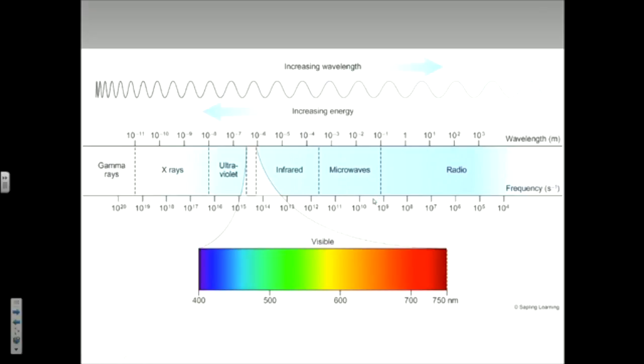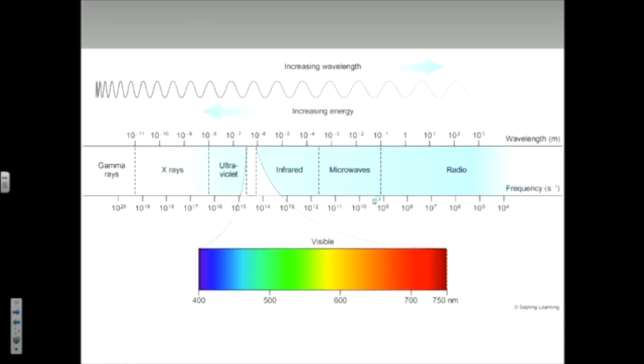One particular range of wavelengths, between about 400 and 750, is the visible light range. And different wavelengths represent different colors of light depending on what's being absorbed or reflected. I'll do that in a second. But